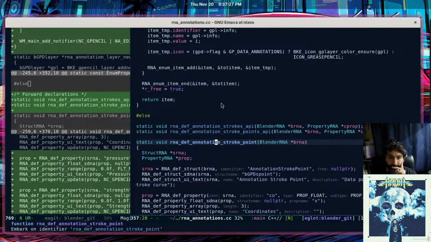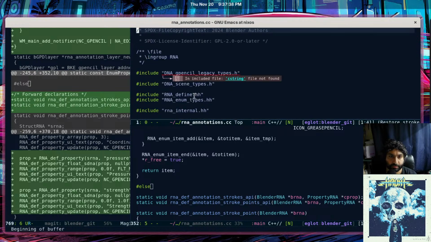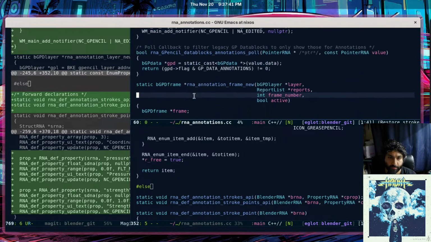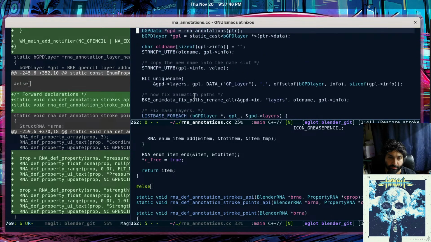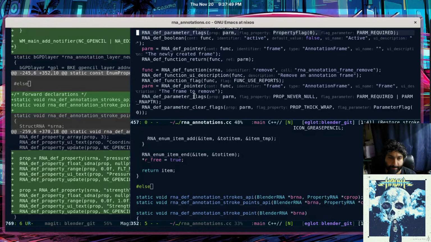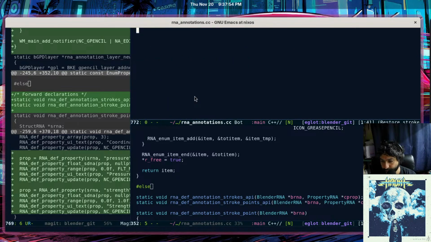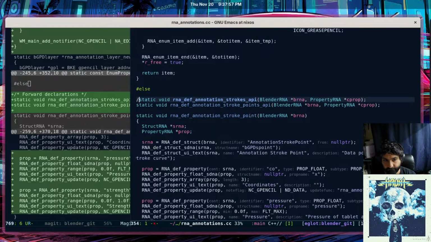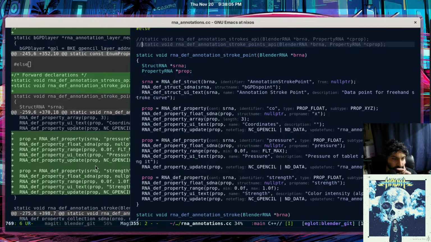Cool. So we added 2 forward declarations. Out of curiosity, are there forward declarations anywhere else? I really don't see any. Okay, let's try to comment these out and see if we get away with it. Okay, cool. So the next part is